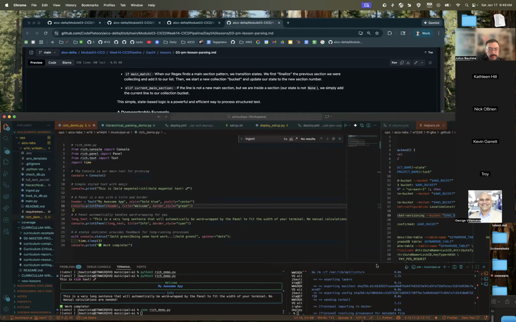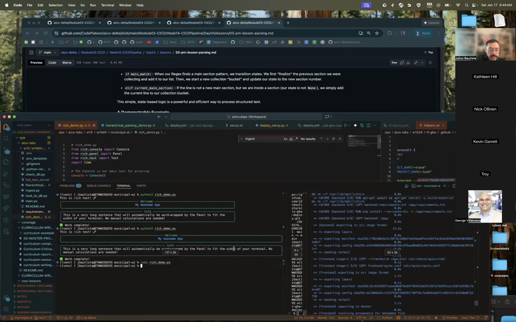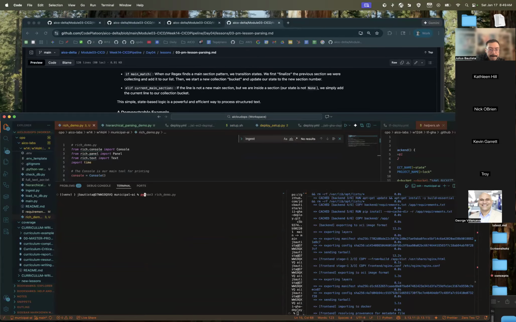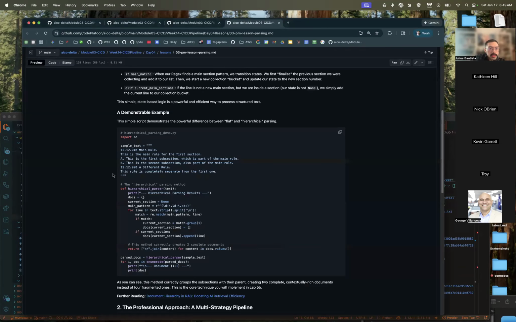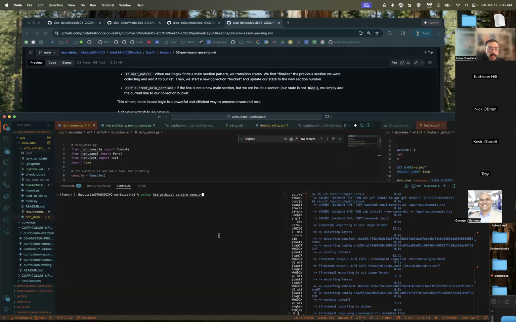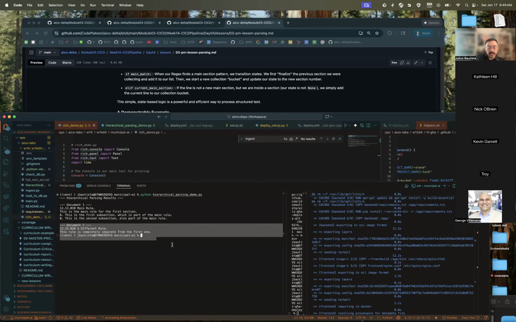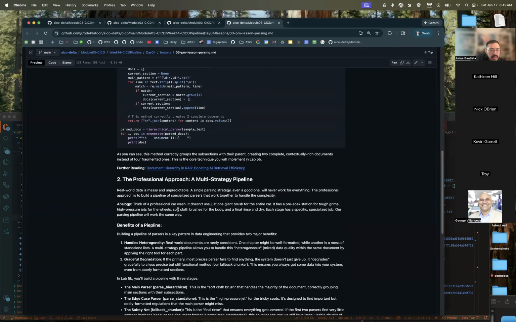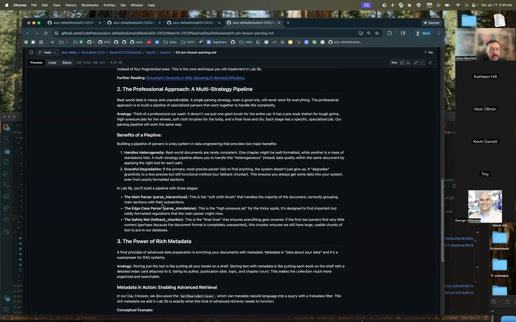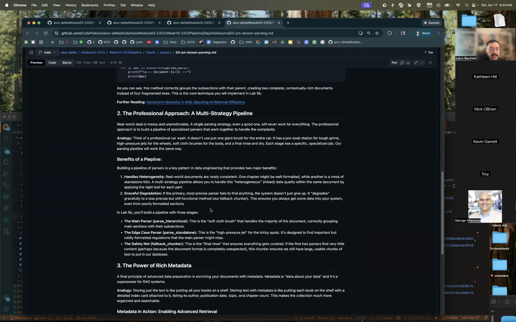So if we run this demo, again, we see this single block of text, we run it, and they are split into two separate documents. Let's see.